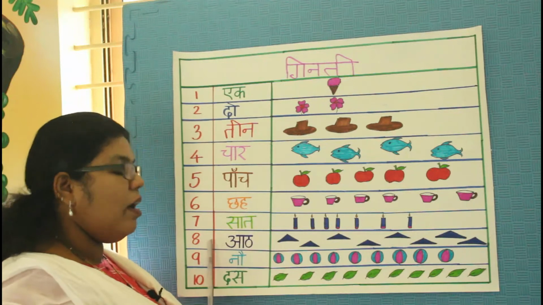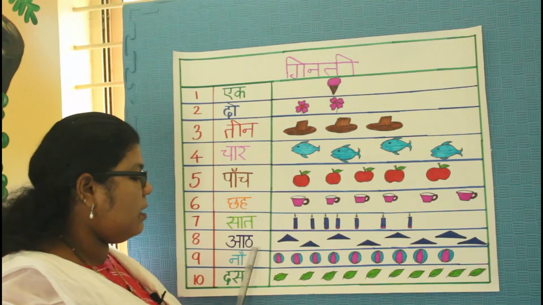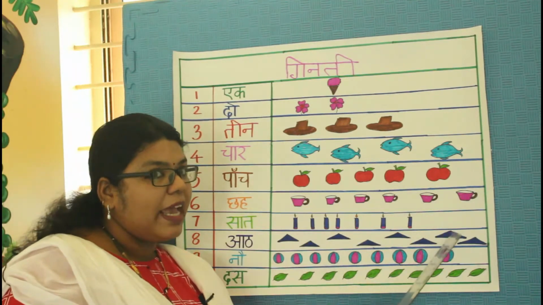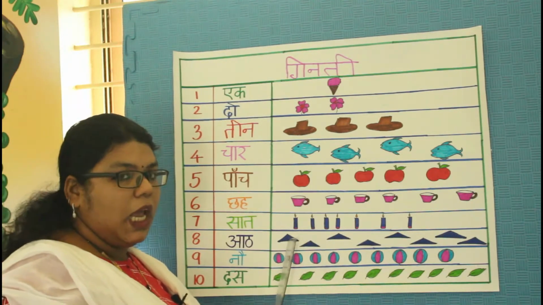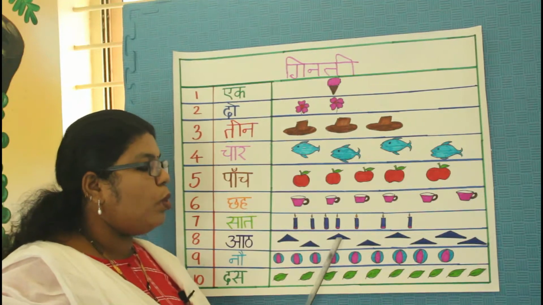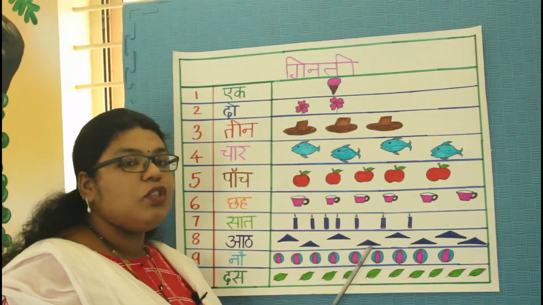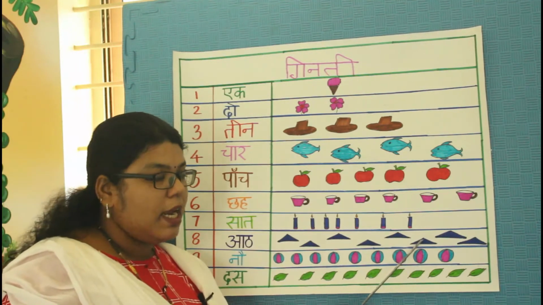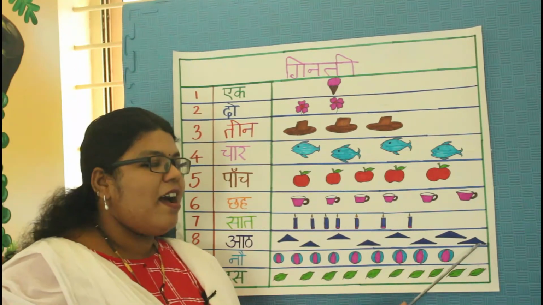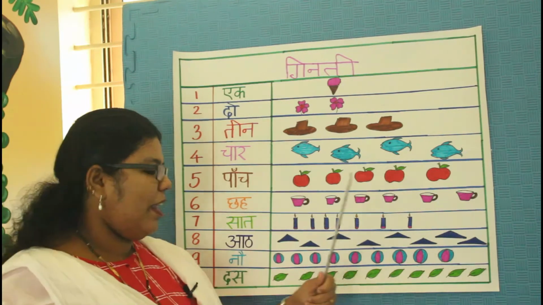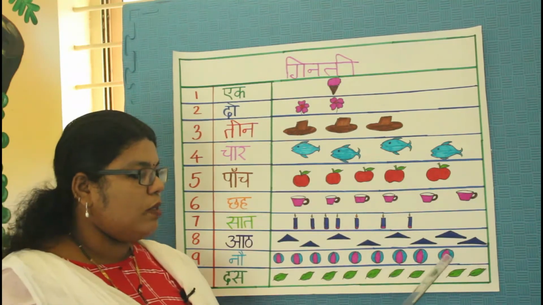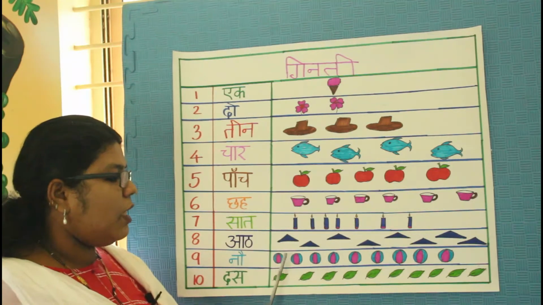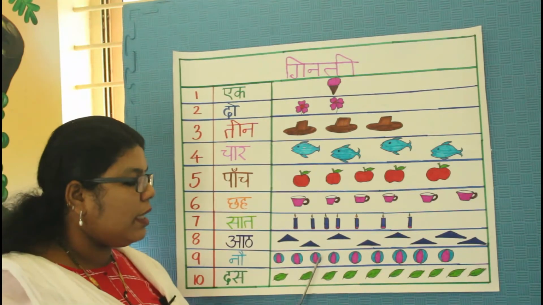Next, number 8. 8 means 8. Let's count the number of triangles here. 1 2 3 4 5 6 7 8. Again, there are balls. How many balls are there? Let's check it. 1 2 3